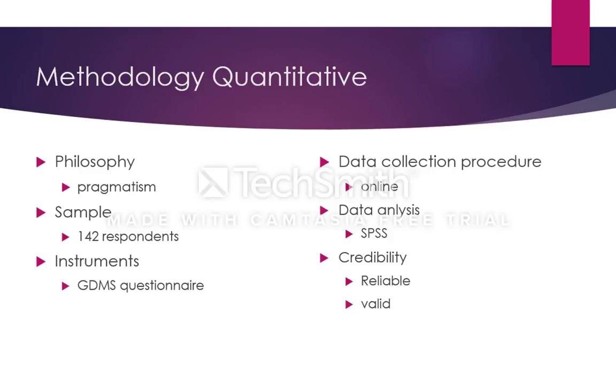For this research, the methodology consists of 6 areas, namely philosophy, sample, instruments, data collection procedure, data analysis, and credibility. The philosophy relates to the development of knowledge and the nature of that knowledge. The philosophy of pragmatism is used in this research since it recognizes that there are many different ways of interpreting